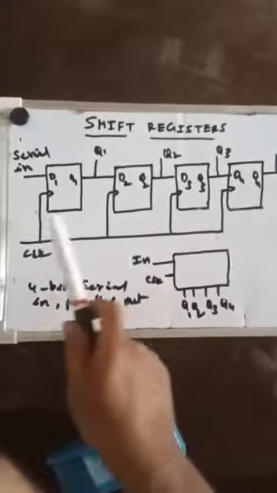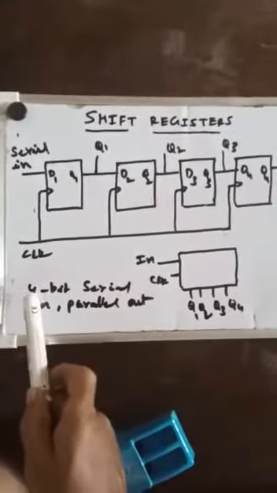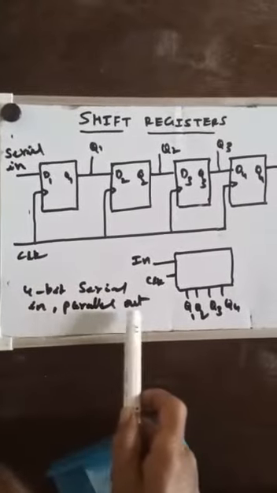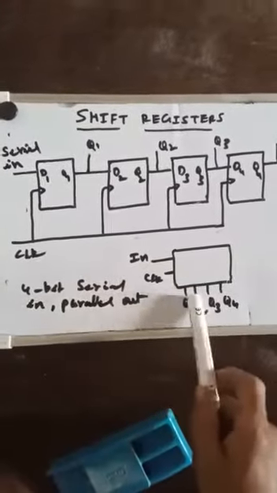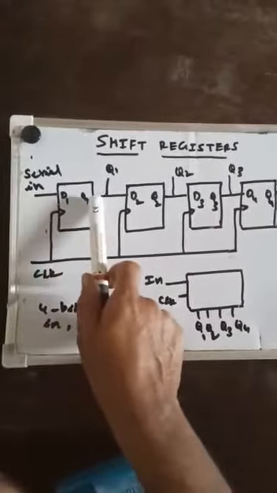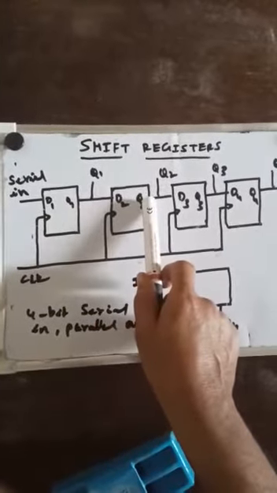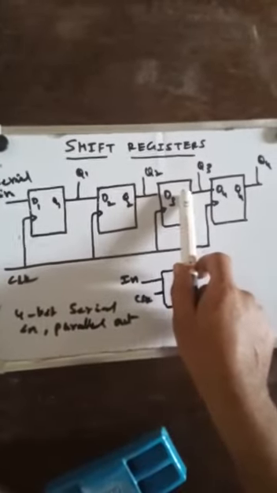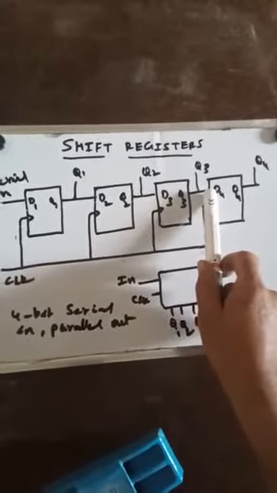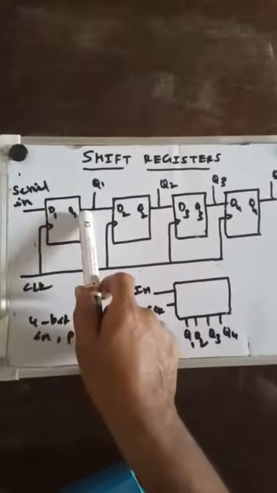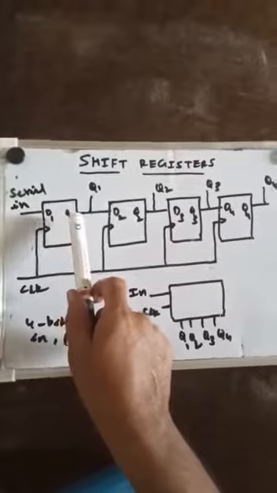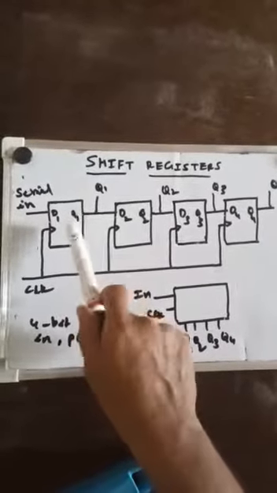So this is another type, serial in parallel out shift register. So here is the 4-bit serial in parallel out shift register. This is the block diagram, and this block contains these 4 bits of shift registers. So D1, Q1, D2, Q2, D3, Q3, D4, Q4, and here the data input is given, and this is connected to the input of the second stage, and the output of the second stage is connected to the input of the third stage, and the output of the third stage is connected to the input of the fourth stage. So if the data is given, it is transferred, as in the case of the earlier serial in serial out shift register, either shift left or shift right.